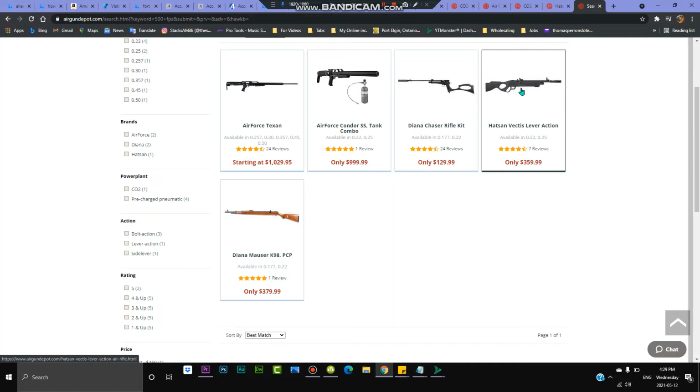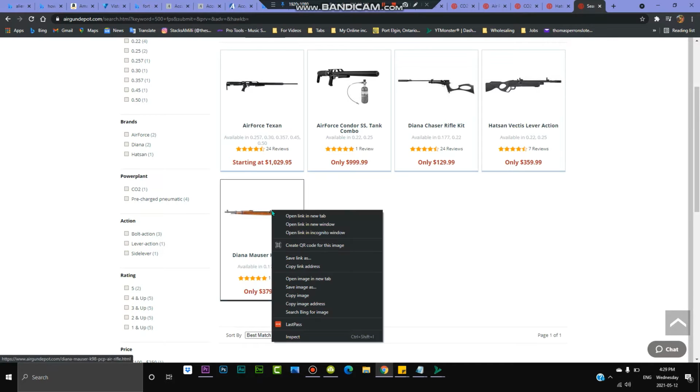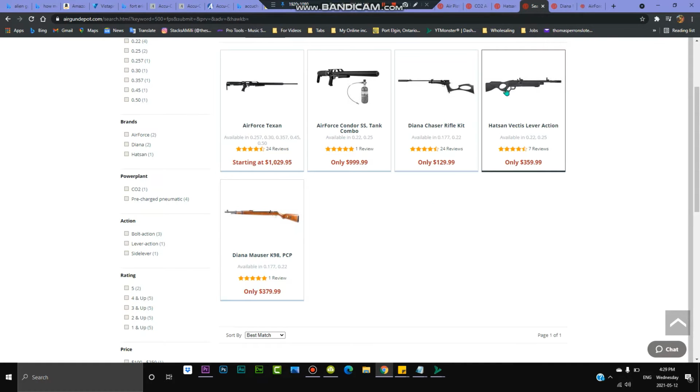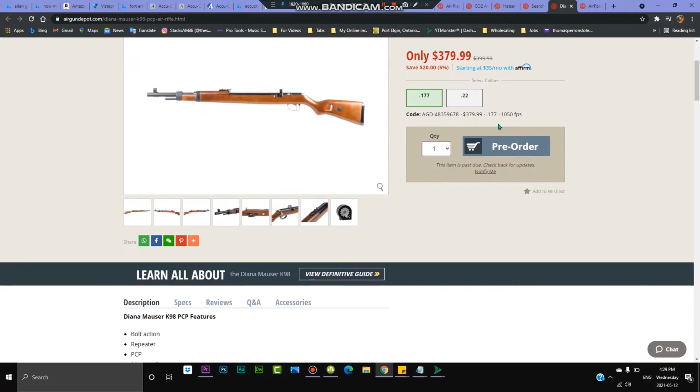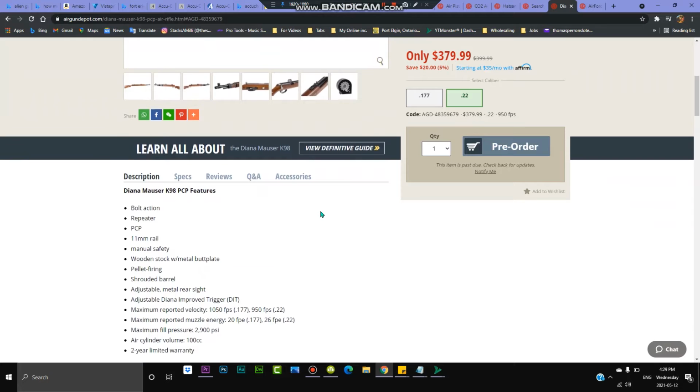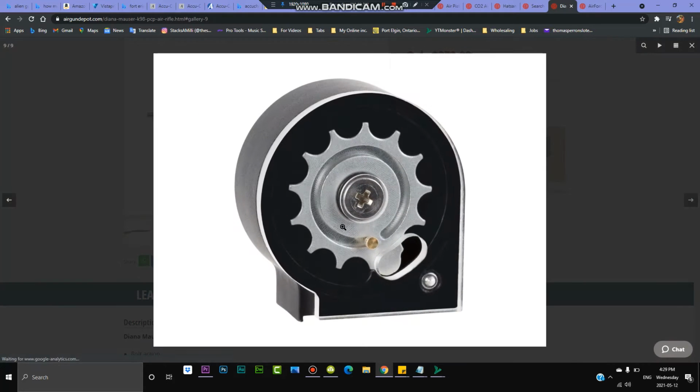Okay, here we go. The Hotson Vectis. Oh, it's a lever action. I don't like that. Diana Mauser, which is a rifle. Air Force Texan. That's really expensive. I already have the Diana Chaser. Look at this. 22. Repeater. Ooh. A 22 repeater for...